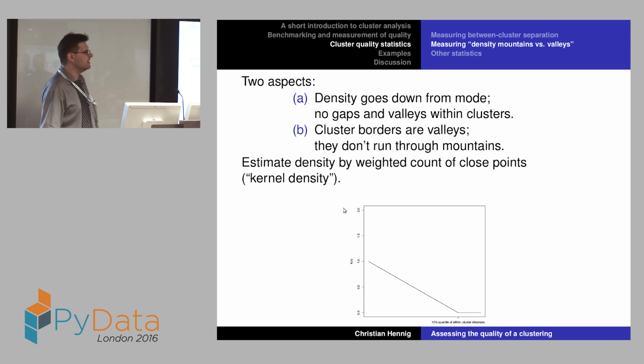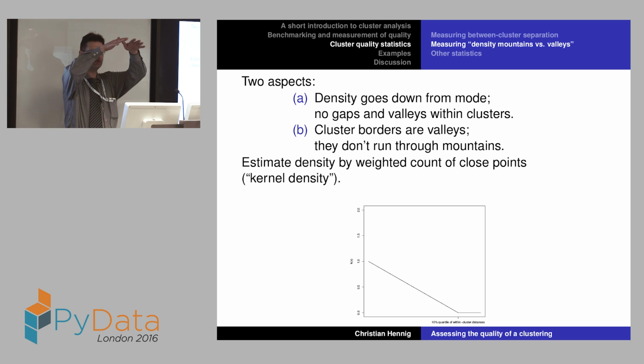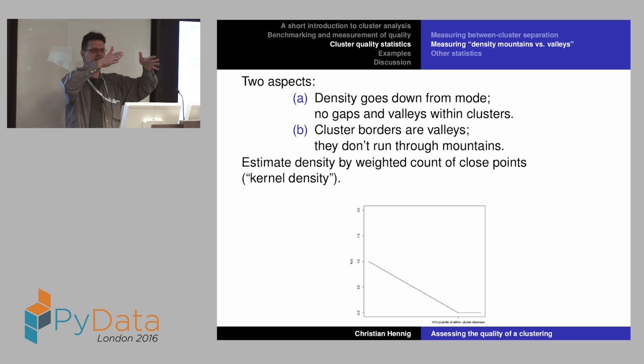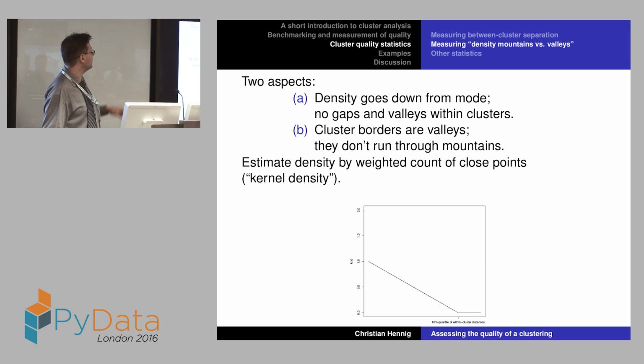The first one is we want the density to go down from the mode, not up, and we want no gaps or valleys, so where the density goes down and then up again within the same cluster. And the other one is we want the cluster borders to basically be valleys, so the cluster borders don't run through density mountains. I base this on some kind of kernel density which can be computed from dissimilarities, and the